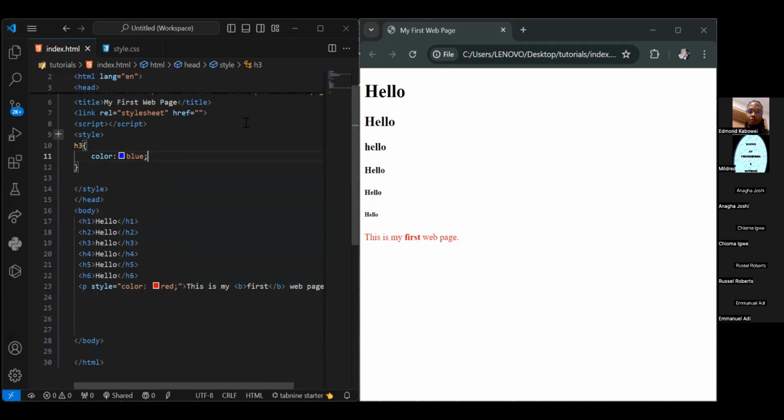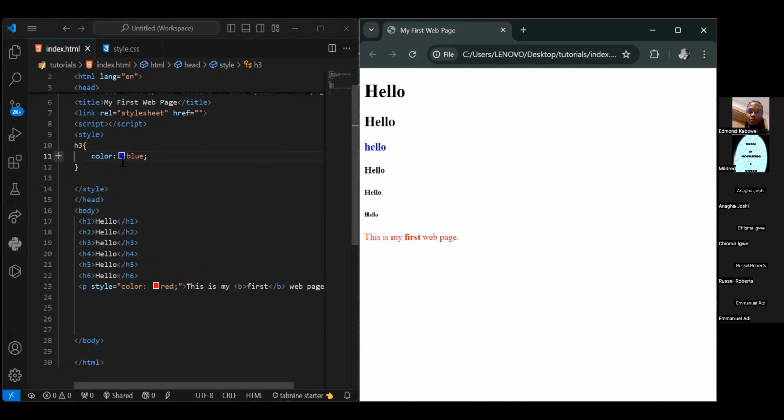I'm going to save this and refresh the page. Now, the H3 in particular, since we've specified that we want the H3 color to be blue, has taken effect on the web page. Now, we can as well call on any of the elements. We could say we want the P or the H1 or H2 or H4,